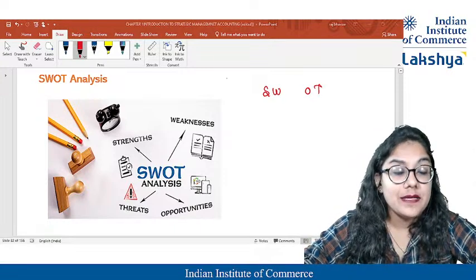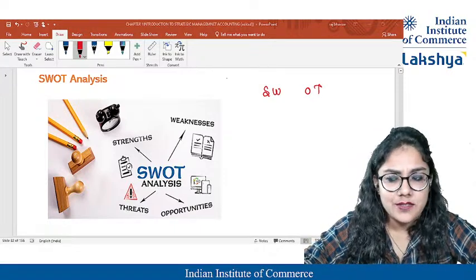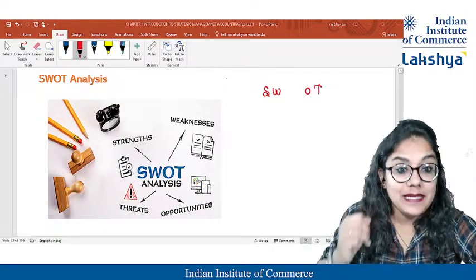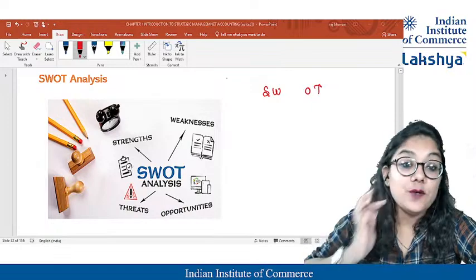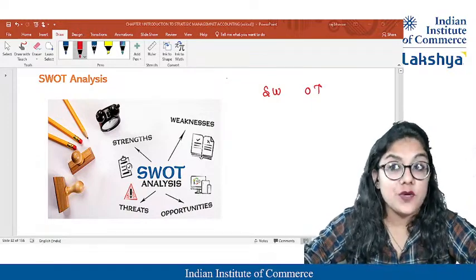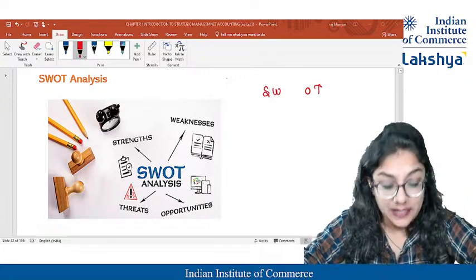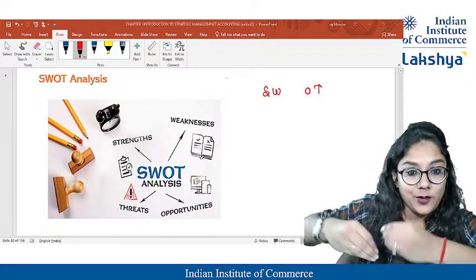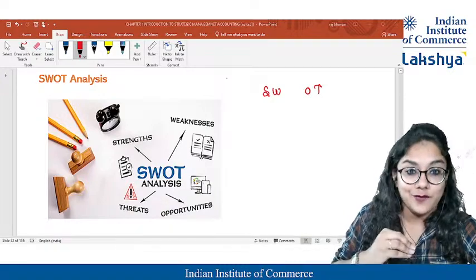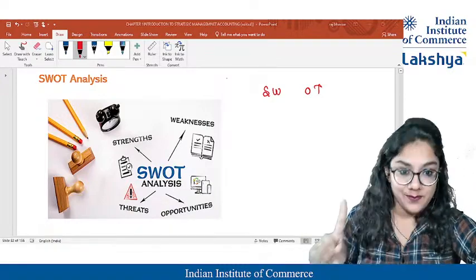People got to know, the company got to know that users want the Type-C charger. So yes, this is an opportunity. Users want reduced weight of the iPhone. Okay, that's an opportunity. We can go ahead. Users want a better quality camera. It's an opportunity. So if I can use that opportunity to be at a number one position, it is my opportunity which I can get from the external market.